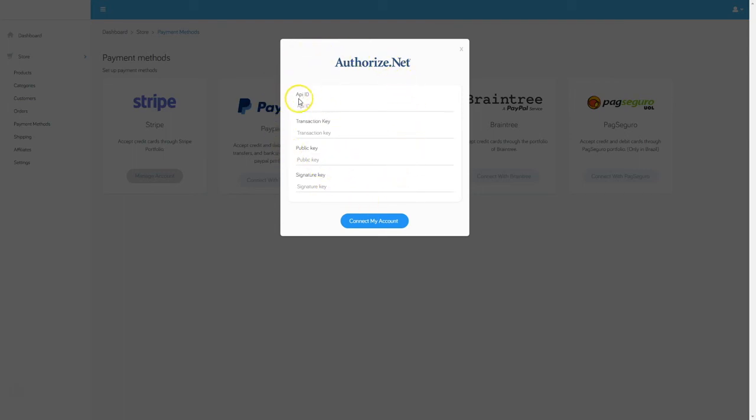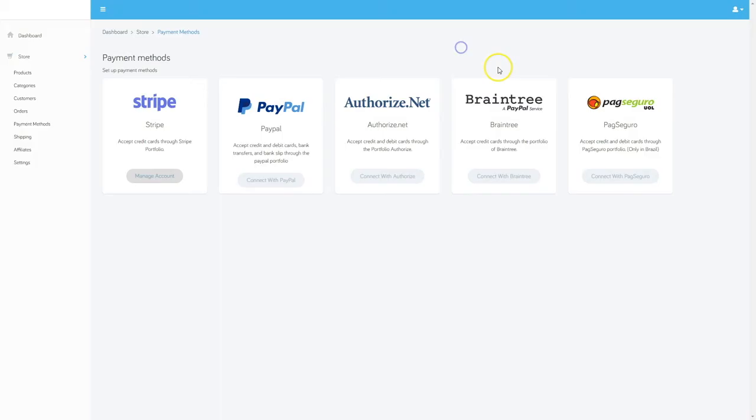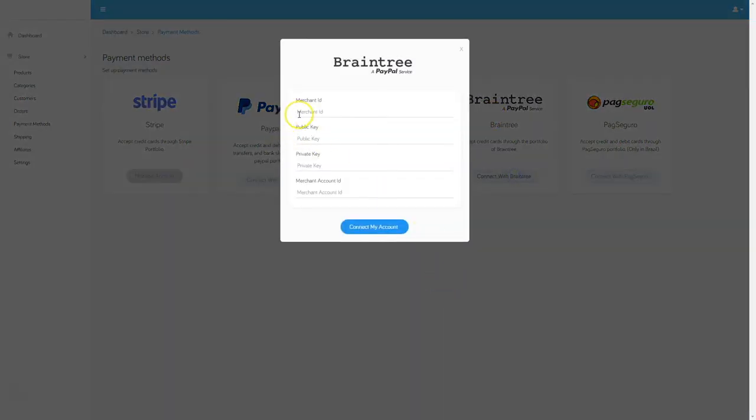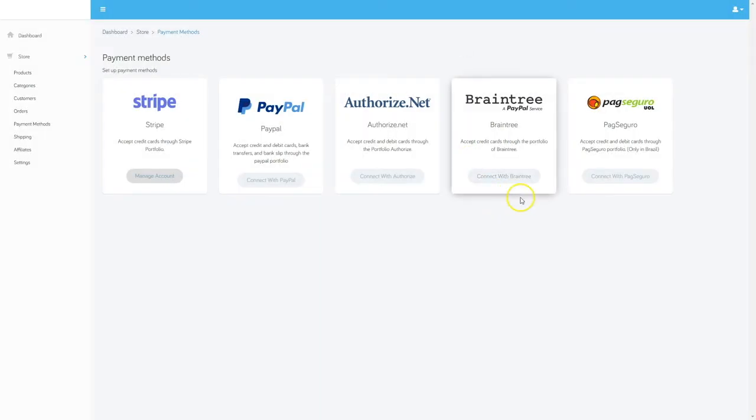Once you get all of those added into that screen, you'll click Connect My Account, and you'll be ready to go with Authorize.net. With Braintree, you're going to click Connect with Braintree. You're going to get your merchant ID, your public key, your private key, and your merchant account ID. All of those are what you're going to need to be able to set up Braintree. Once you get those, you're going to click Connect My Account, and then you'll be ready to accept payments from